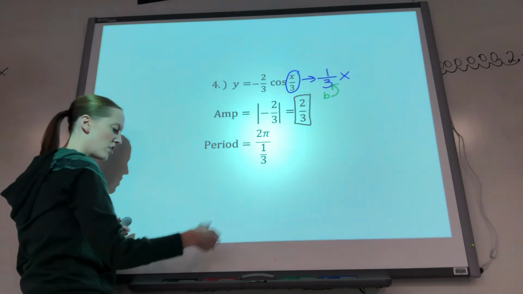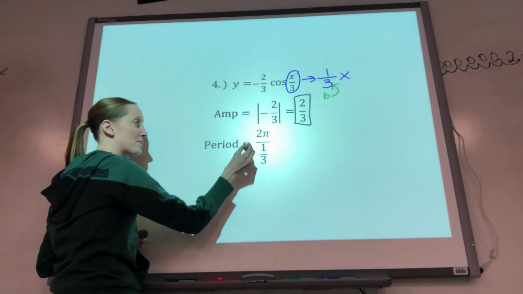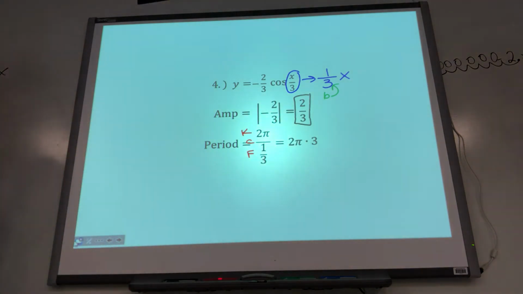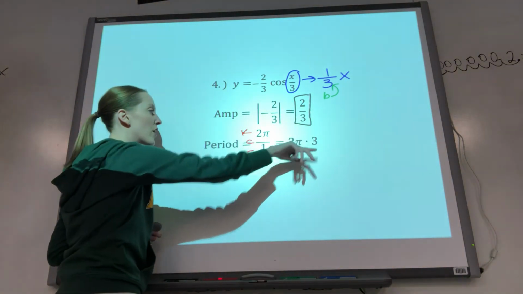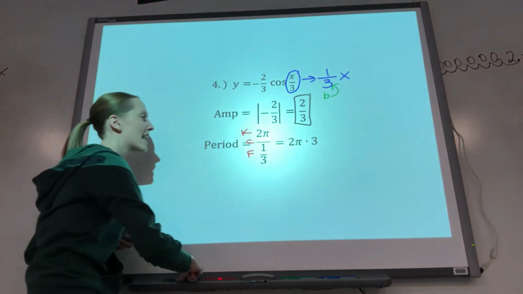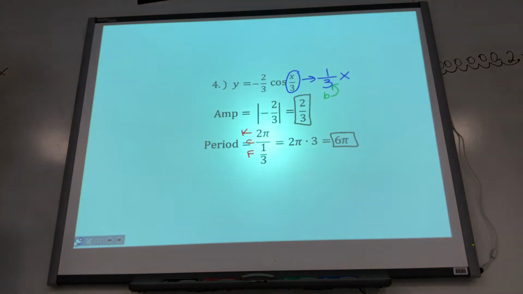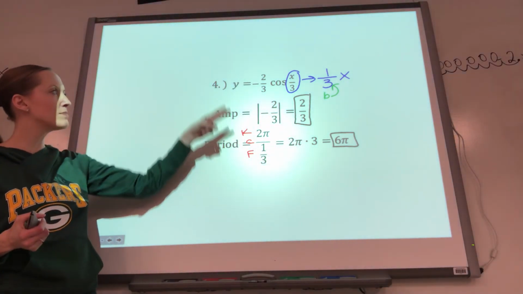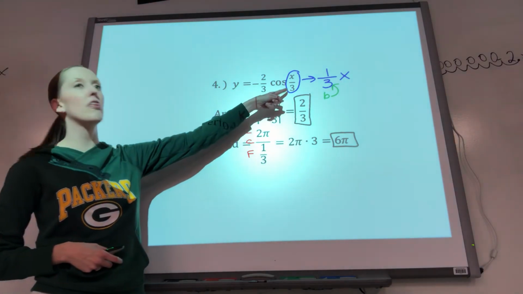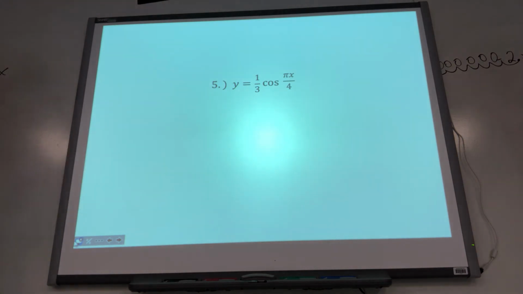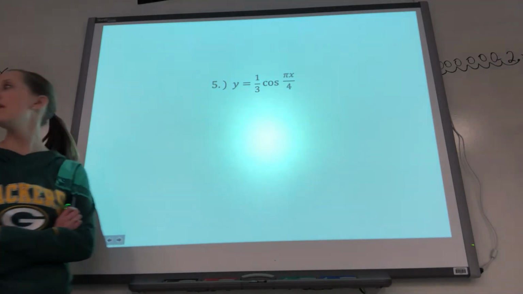But what's our cute little saying when we divide with fractions? Keep, change, flip. So keep the 2 pi, change it to multiply, flip the 1/3, and you get a 3. So 2 pi times 3, that is 6 pi. Again, amplitude is pretty easy to find as long as you remember the absolute value part. The period sometimes takes a little bit of thought, just depending on how that is written. Okie doke. I'm going to do just one more here. I just have something else that you need to see before you start the homework. Number 5,